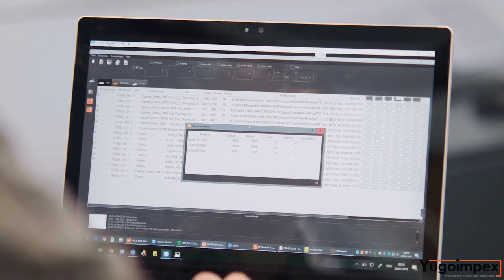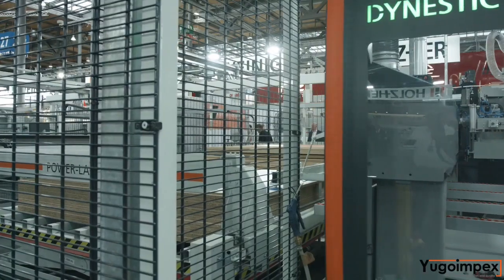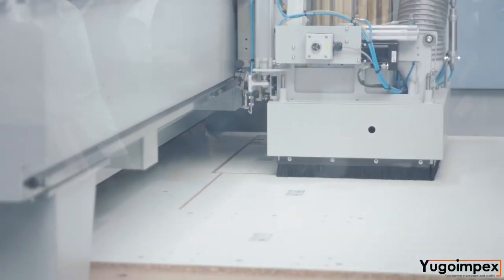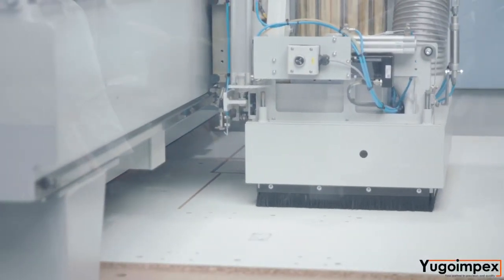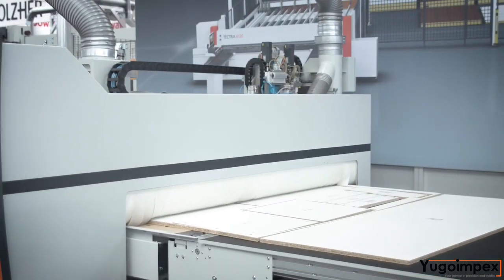The Nextec 4.0 server PC is the heart of this technology. The Nextec 4.0 computer takes over part design as well as control of the data and material flow during work preparation. This server PC then automatically transfers the data to the machine. The advantages are obvious. Work preparation and the machine are interlinked using cutting-edge technology, while the data remains in local